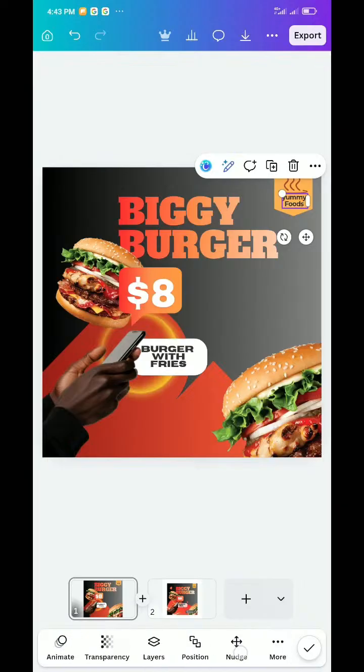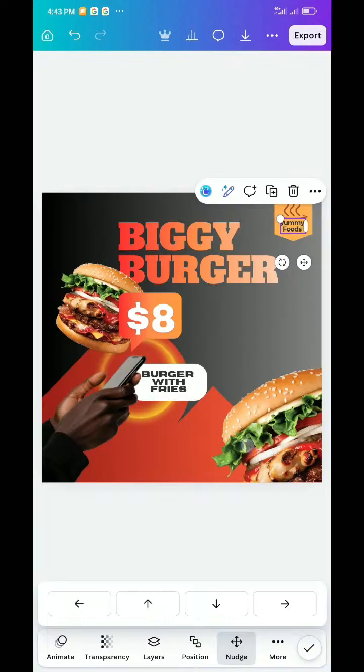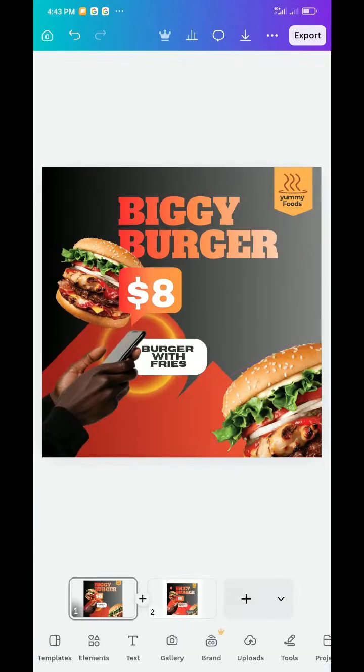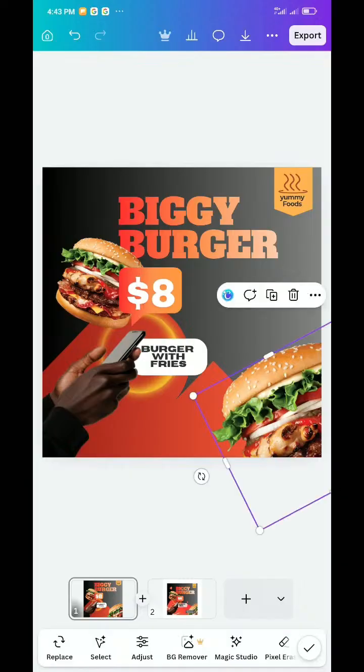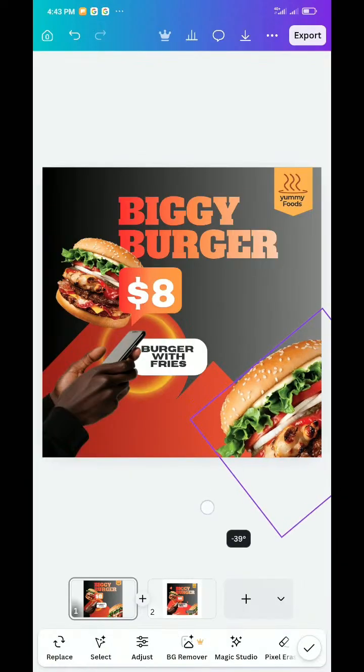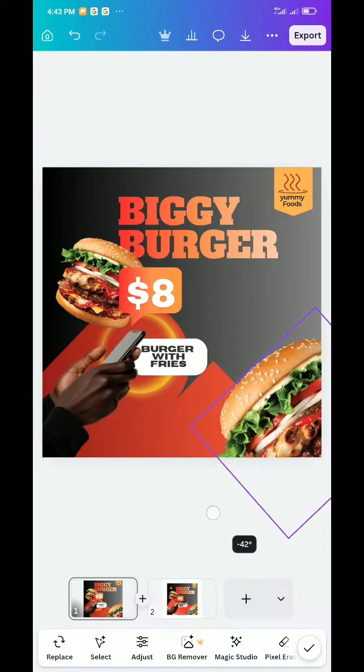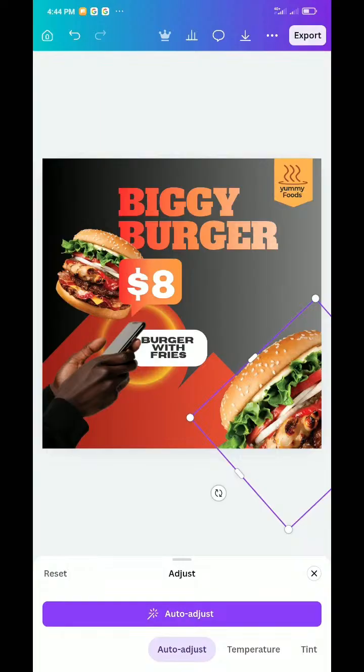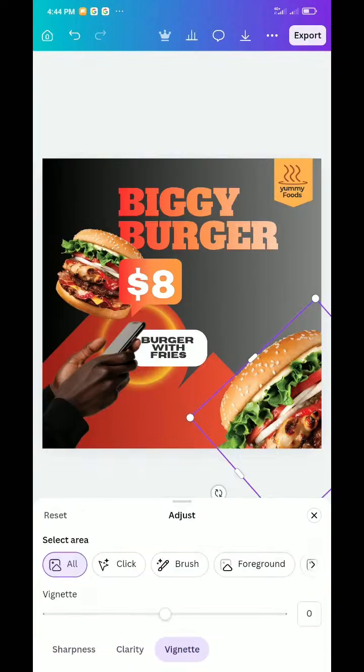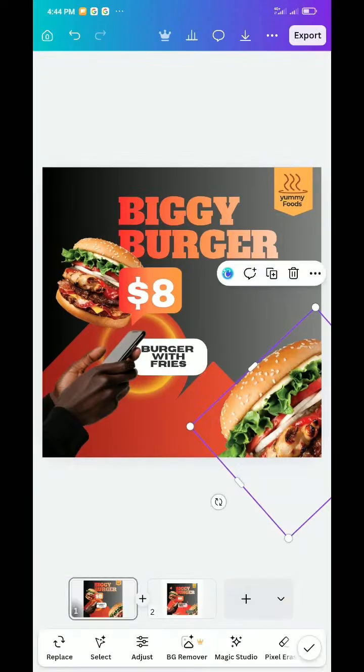Let's still take it just a little. Yeah, we've got that right now. So guys, hope you are enjoying this, and know that you are going to be doing the same for me. So let's rotate this a little bit so we can have a level of something that is coming near to us, that is flying around. So what we need to do, let's blur this image. Let's see what adjust will bring for us. So adjust does not have the blur, right? So what we need to do is, let us go and click on our